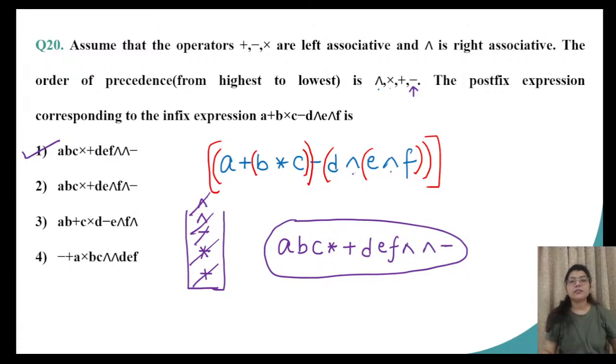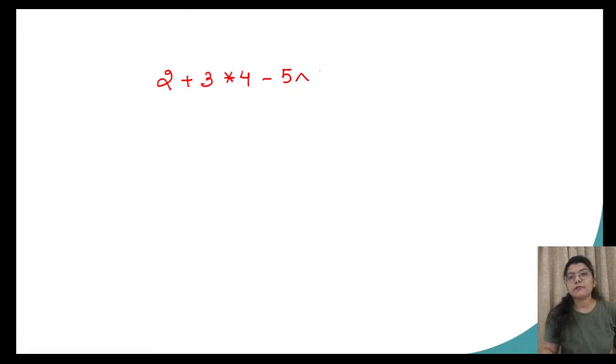ये आपकी left associativity है. Now if I say that, if I have... chalo, let me try. So let's substitute some values for this. So I have a plus 3 multiplied by 4 minus 5 power 2 power 1. If suppose this is the case, then what you will do first, obviously, when we have अब आपकी ये